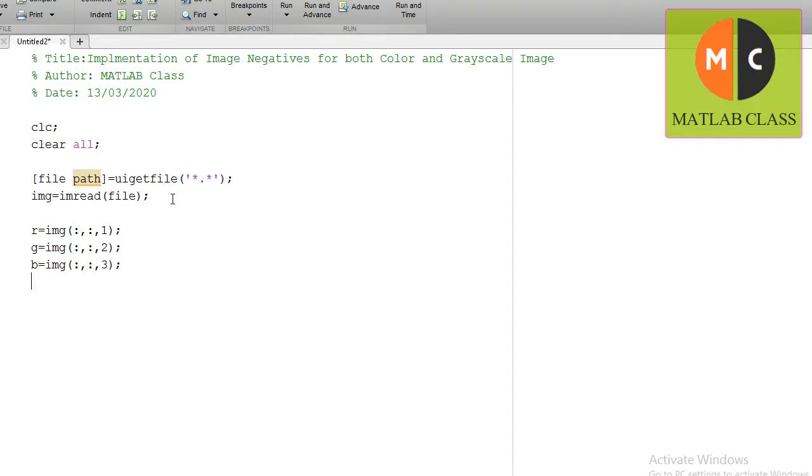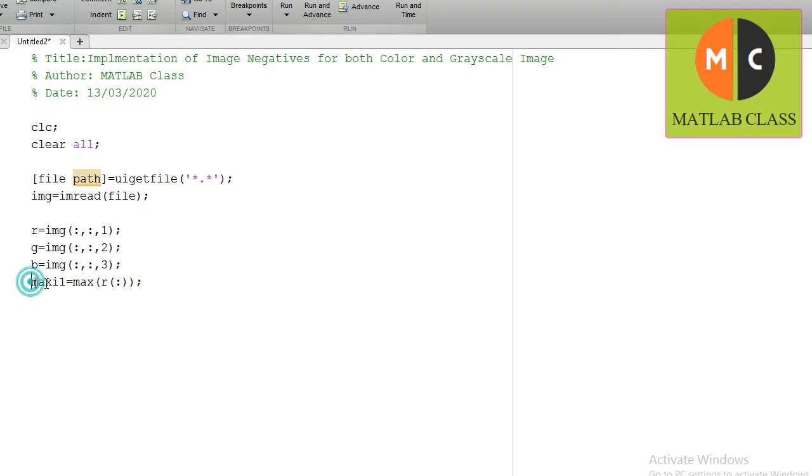So I just want to find out the max value present in plane R, the max value present in plane G, that is green, and the max value present in plane blue. So I'm going to write the variable maxi1 is equal to max into bracket R into bracket colon.